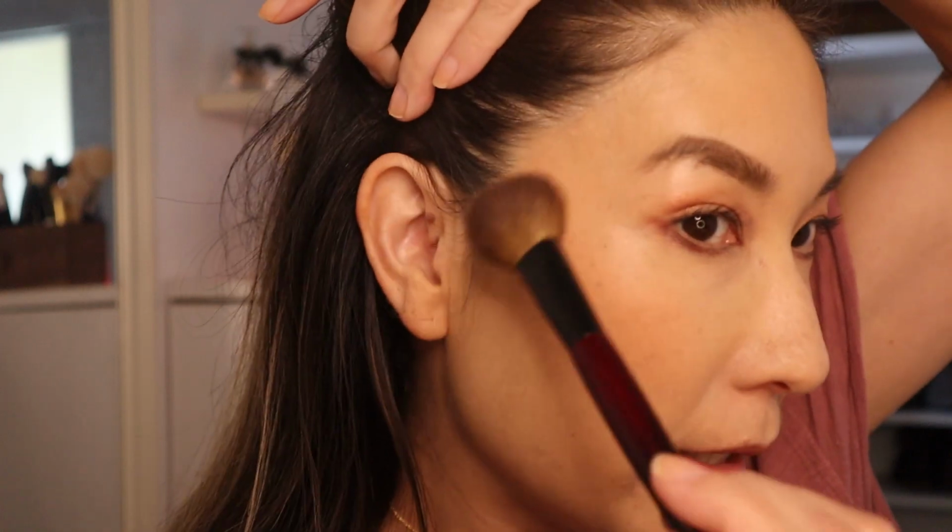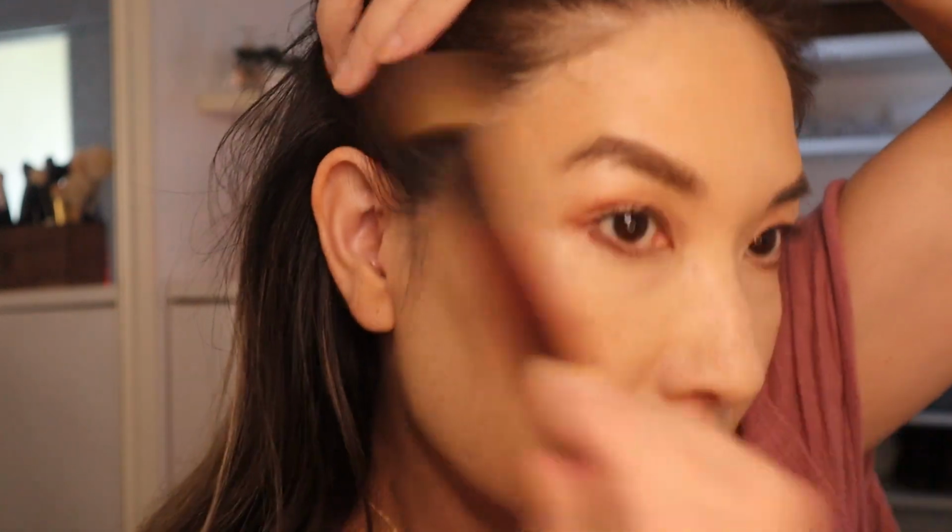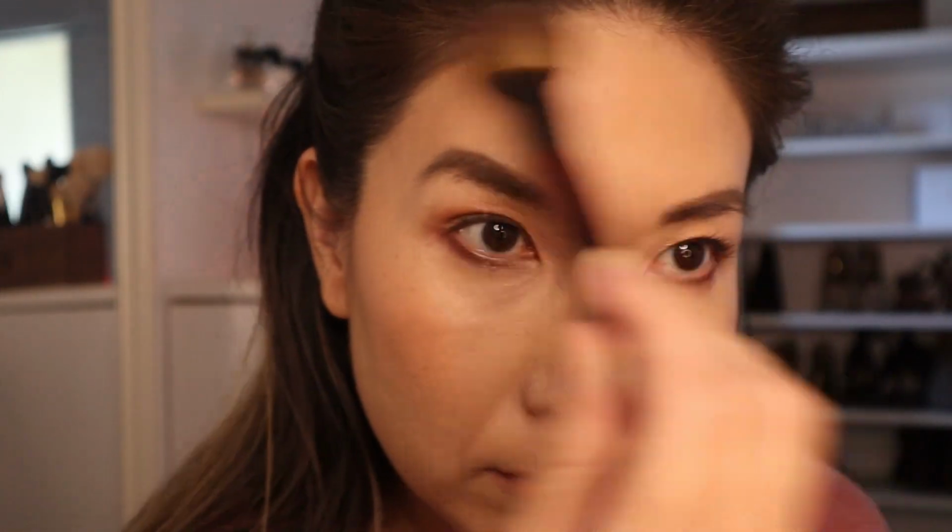And now I am going to use the Cheek Pro with the Goa Bronzer. I've never used it with this product, so I apologize in advance if it doesn't come out very good. All right, here we go with the Goa Bronzer. Let me try it like here first. So this Goa Bronzer is